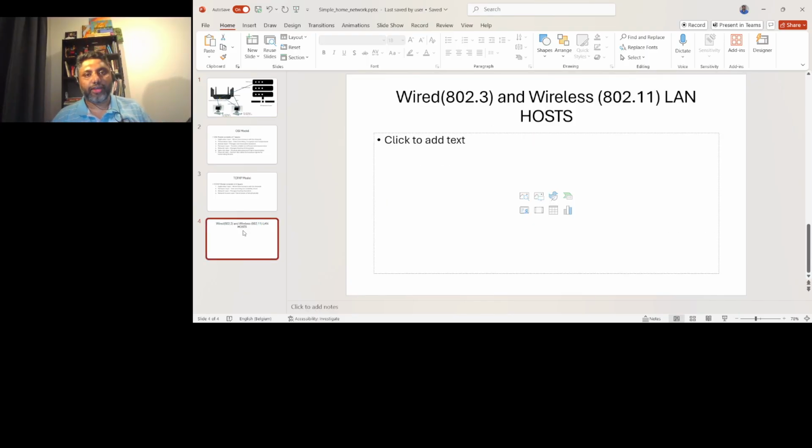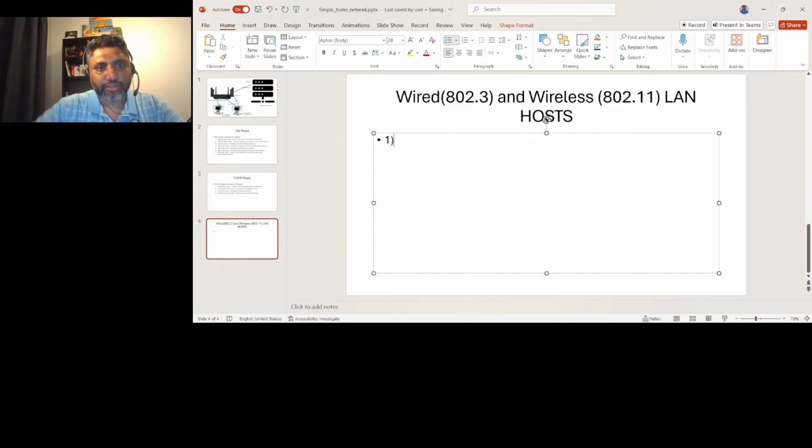So as indicated here, I am trying to tell the differences between wired hosts and wireless hosts. The first difference is wired hosts support CSMA CD. Okay, so what does CSMA CD mean? And it is under